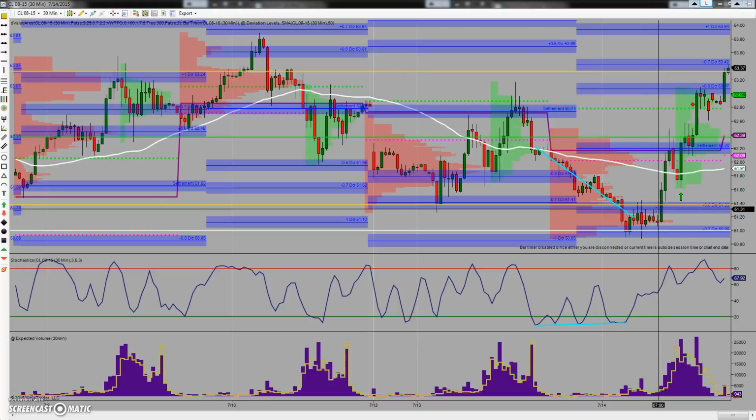But because I only trade market profile in these particular scenarios, I have a couple other strategies, but this is a market profile trade, so I typically like to follow the rules almost to a T when it comes to this. So pre-market, we had a lot of up pressure, and then right here at our market open, we were pushing